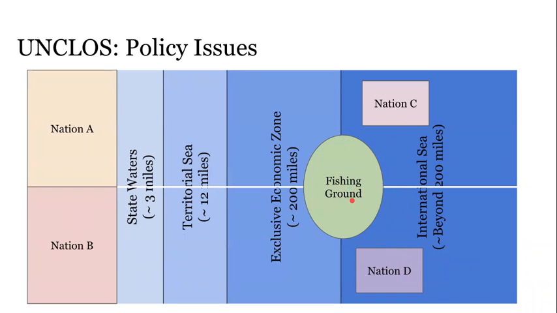So one of the major issues that we've already discussed or brought up here is that when you have a resource that crosses these boundaries, whether that's boundaries between nations, economic zones, or also into international waters, where any other nation, there could be nation E, F, G, H, where they want to have access, we can run into problems. And the issue is, like I described before, where you can have this sort of Garrett Hardin type tragedy of the commons, where everybody has a vested interest in maximizing the use of that resource.